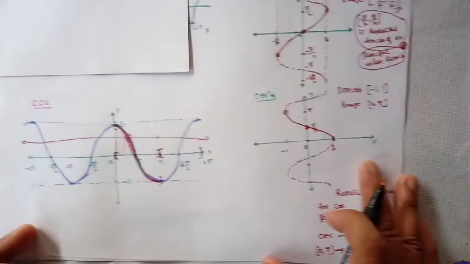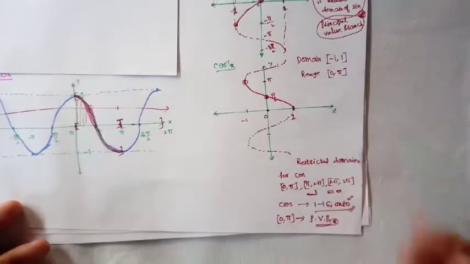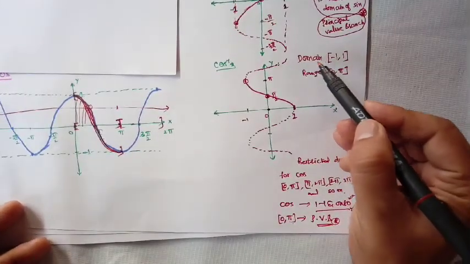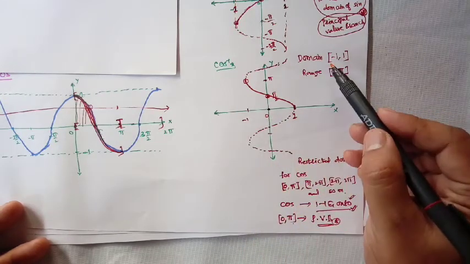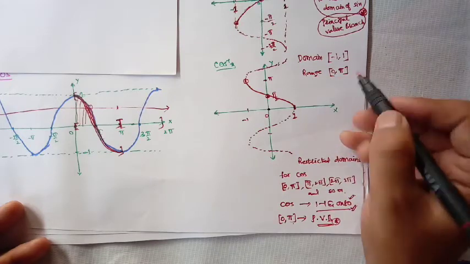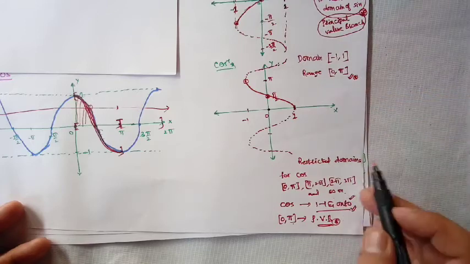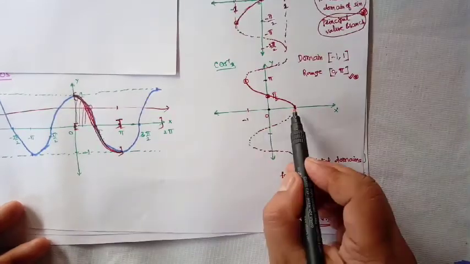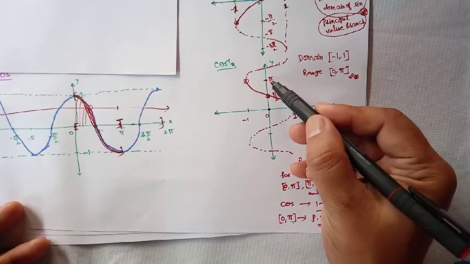Now see the graph once. Now the domain and ranges will be interchanged. So the domain is going to be -1 to +1, and the range is going to be 0 to pi. So we consider it as the principal value branch domain. Now -1 to +1 should be taken on the x-axis, and 0 to pi should be taken here.